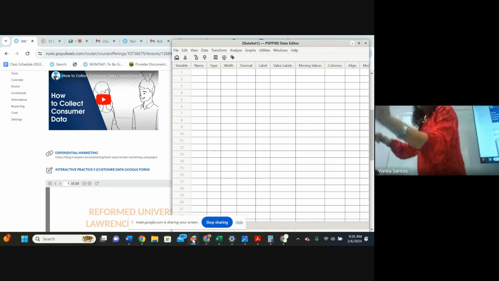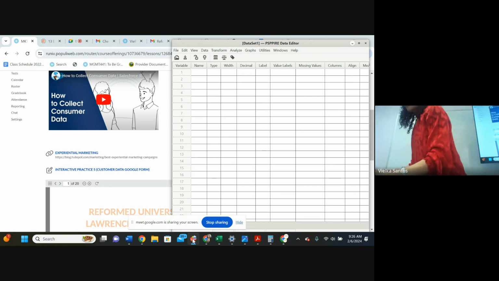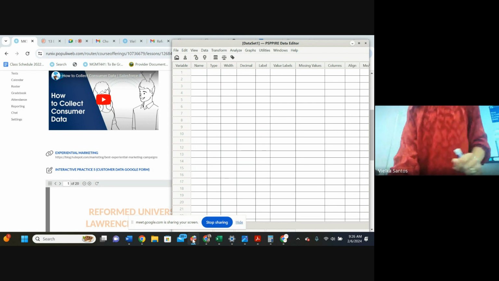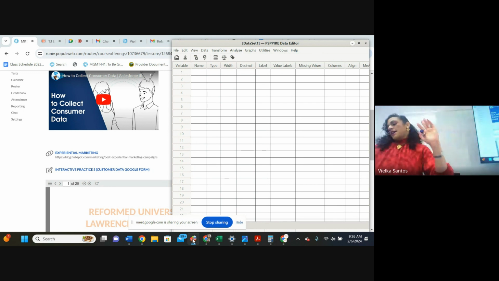And I want you to know all the tools possible to make your life rich and better and nice. Even if you hire somebody in the future to develop your research, you have a base, you have knowledge, and you can also do it by yourself and help the team be better.